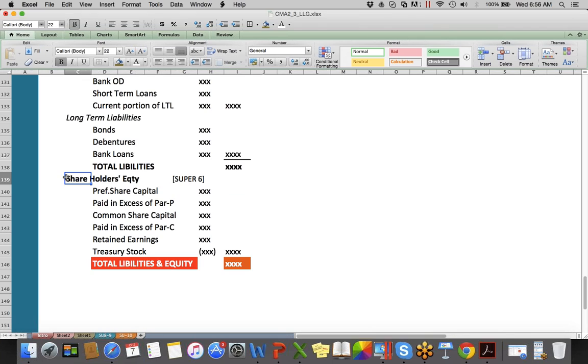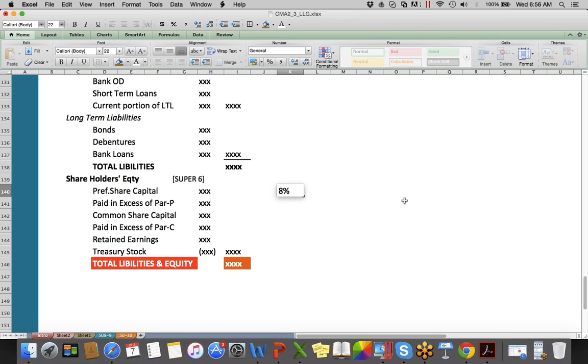In equity, equity is also called owners' funds. In this I give you a super 6, which means we have 6 components at maximum. There are 2 categories of shareholders: preference shareholders and common shareholders. The amount generated by issuing the preference shares is to be mentioned in preference share capital, giving the details of